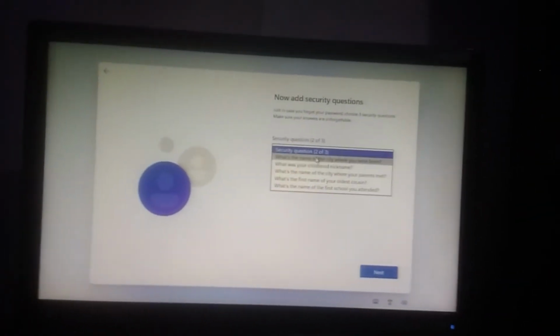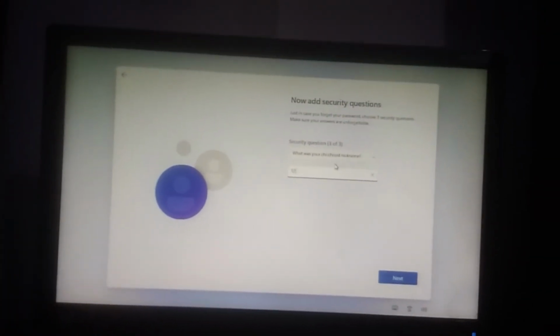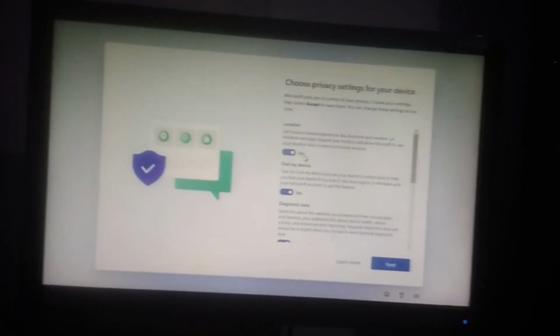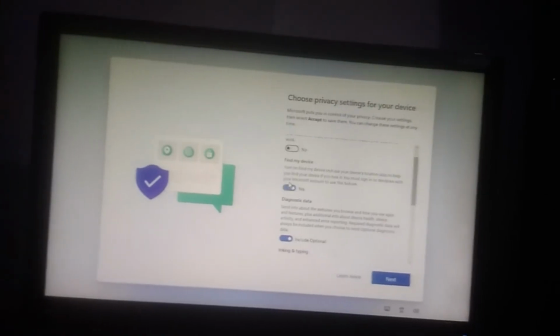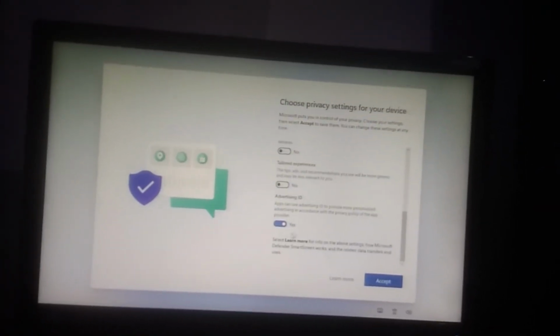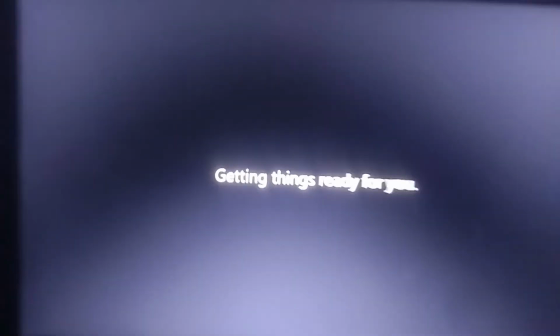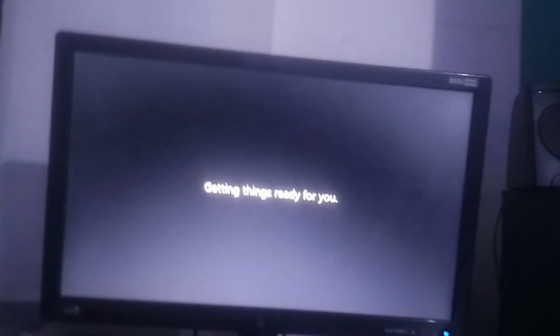There are three questions, so you can select any three. So I recommend you to close all of this because Microsoft can track you from this. Close everything. It is not recommended for a normal user. Disable all those options and click on accept. And now it is scrolling high. This is the main intro, and after that we will see our desktop.